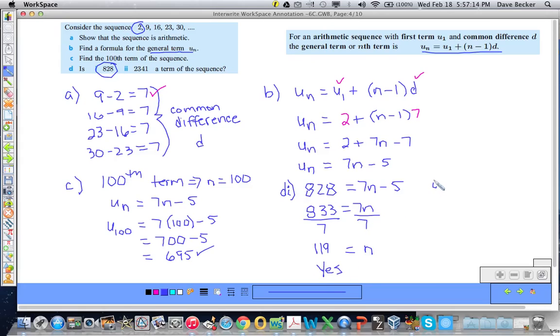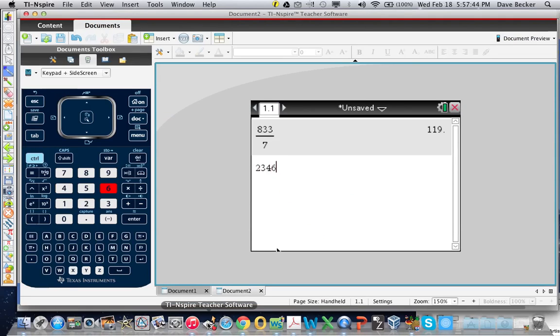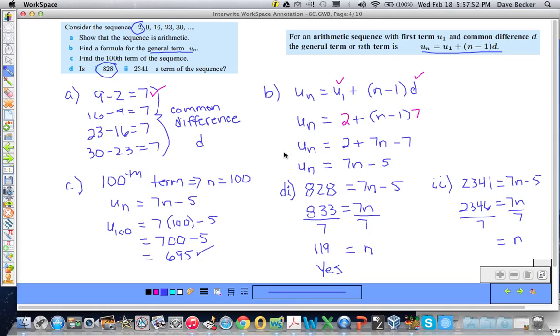Okay, and then we'll try the same thing for 2341. Okay, so now we'll solve this equation. 2341, replacing u sub n with it, equals 7n minus 5. Okay, we'll add 5 and we get 2346 equal to 7n, and we divide both sides by 7. And so we get n is equal to, so now I have to do 2346 divided by 7. Uh-oh! 335.1 rounded to the nearest tenth. So n equals